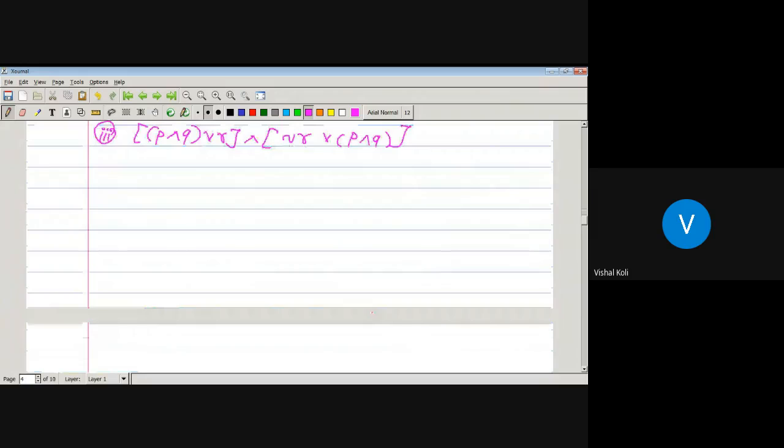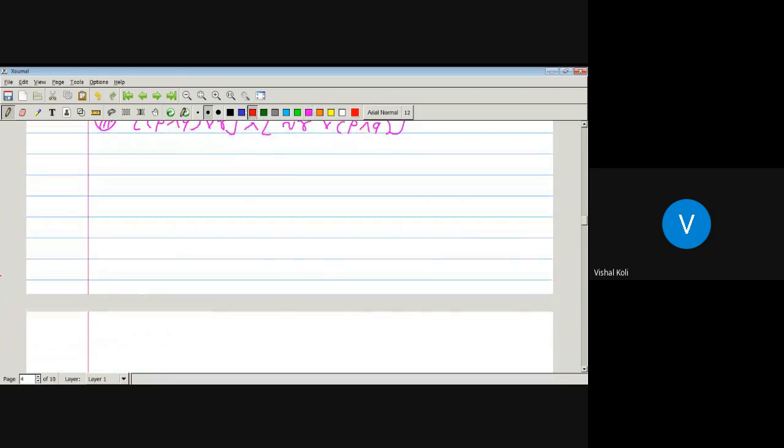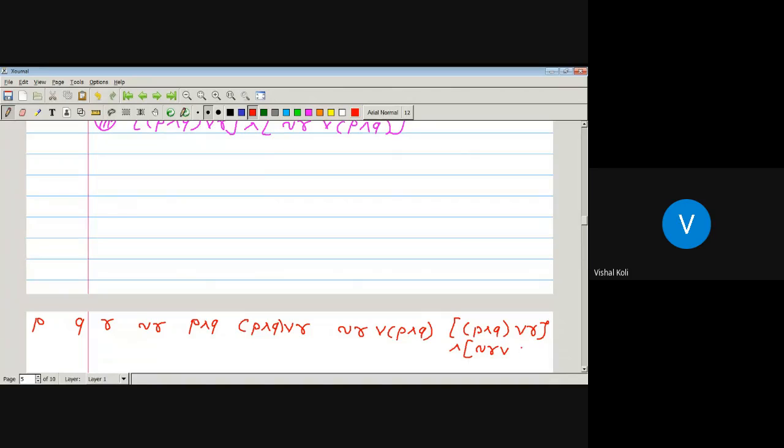So just here we require three statements P, Q and R. Okay, so here we will take P, here is Q, R, also we require negation of R, P and Q or R, P and Q or R, P and Q already we have, therefore last one negation of R or P and Q, and finally P and Q or R and negation of R or P and Q. So that is we have to find out.